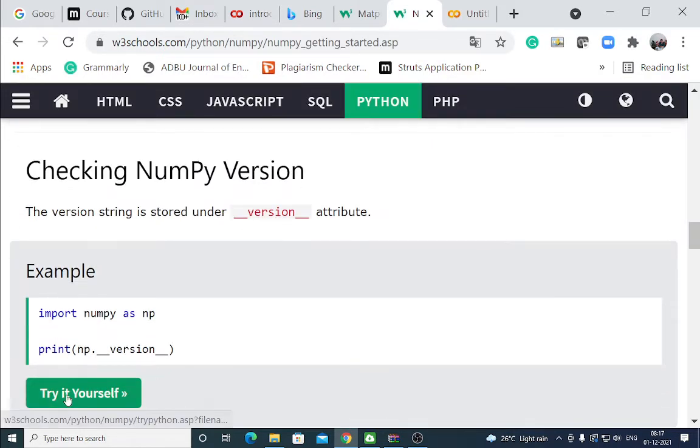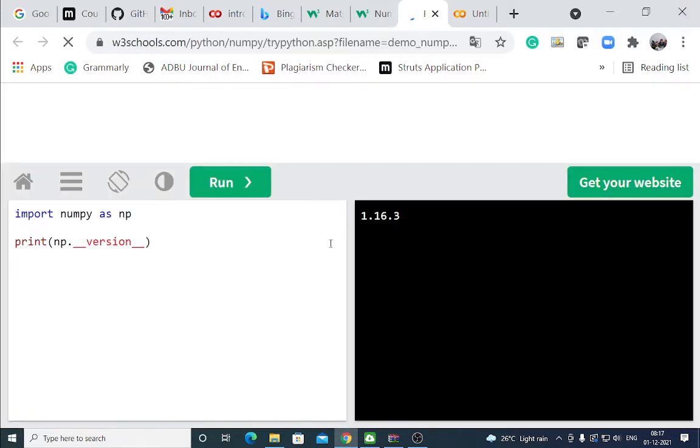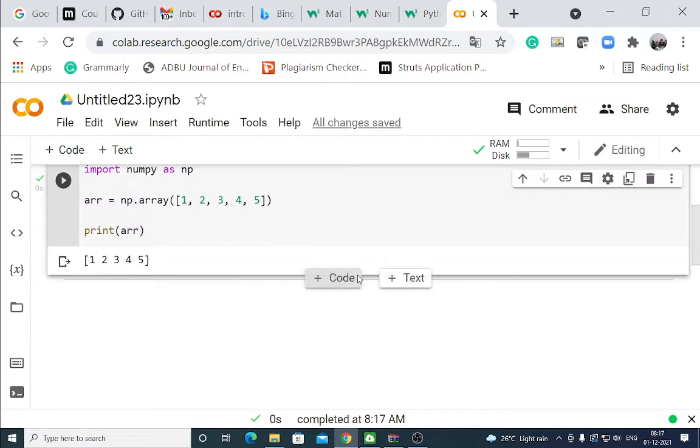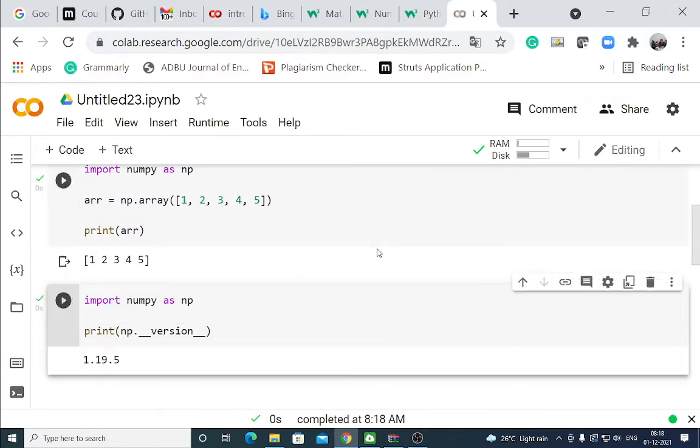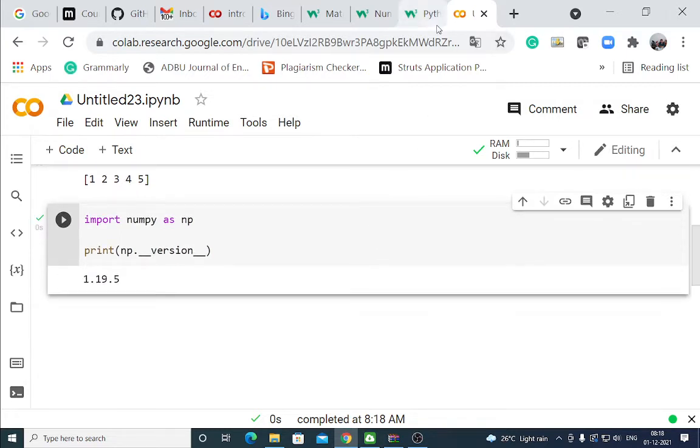Checking NumPy version. You can execute like this, otherwise you can copy this code and paste here. numpy version. It will give the NumPy version.